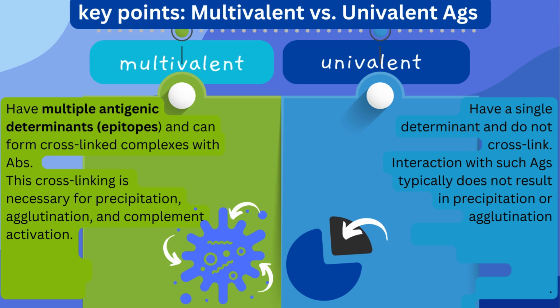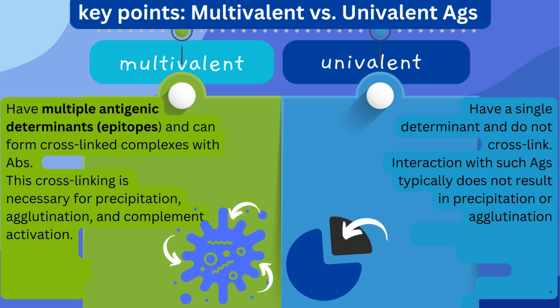A monovalent antigen, in an immunological context, refers to an antigen that has a single epitope or single antigenic determinant capable of binding to a specific antibody, meaning the antigen has only one binding site for antibodies,